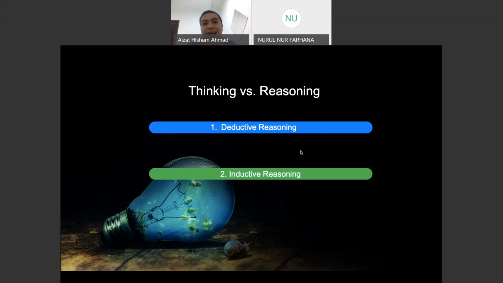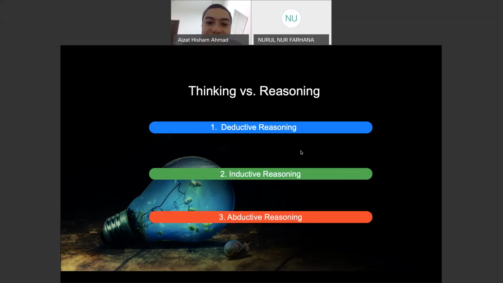Okay, all right, so that's two. The third one is abductive reasoning. Sounds quite interesting, abductive sounds quite, I would say, abductive. If you have watched some Liam Neeson movies about abduction, Taken, that's about abduction. His daughter was kidnapped. So abduction usually relates to kidnapping, or maybe if you're into sci-fi, alien abduction. But there is a type of reasoning called abductive reasoning.